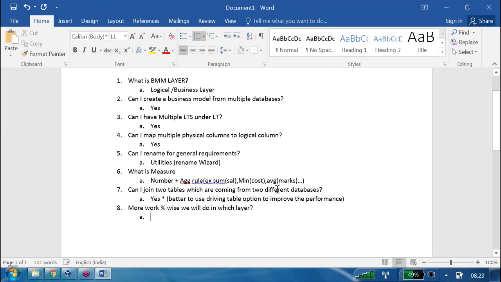I can say around 70% of the work we are going to do here. That means 100 hours we are spending in the RPD: 10 hours on the physical layer, 10 hours on the presentation layer, 70 hours on this one, and to test all these three things, 10 hours. That's how 70% of the work we are going to spend here only.